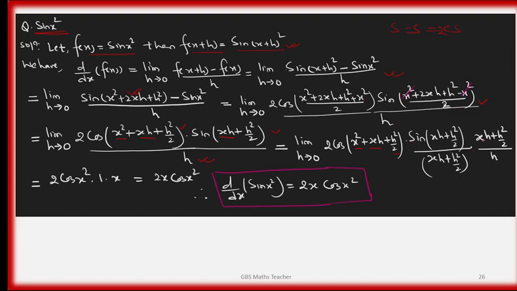Now moving to the next question, that is sine log x. The question is sine log x from the first principle. First, suppose f of x is sine log x, f of x plus h is sine log (x plus h). Apply the formula, this is the formula, this is the pattern, no doubt. So you have to suppose log x is y, then log (x plus h) equals y plus k, as h tends to 0 and k tends to 0. So the derivative of this is, k tends to 0, it becomes sine (y plus k) minus sine y by h. So see sine